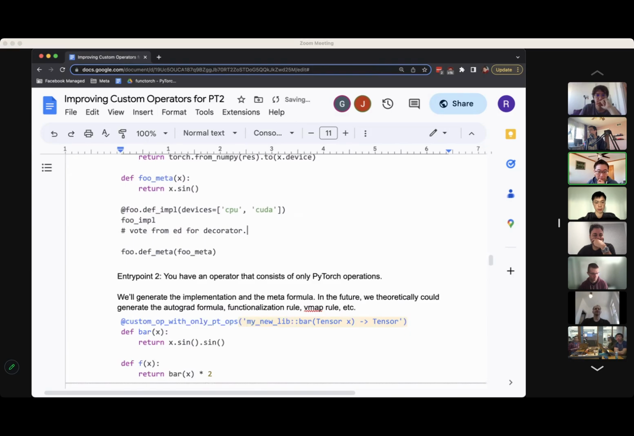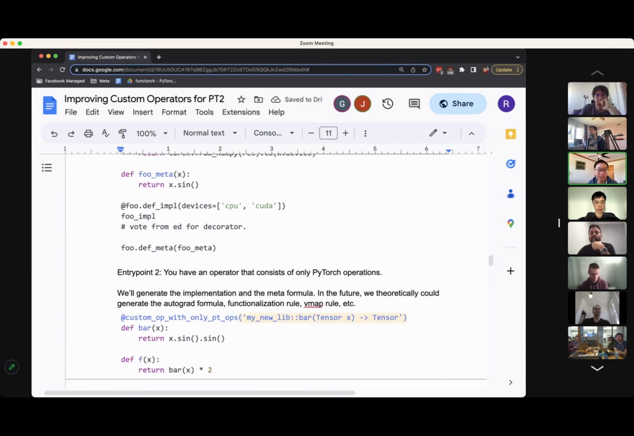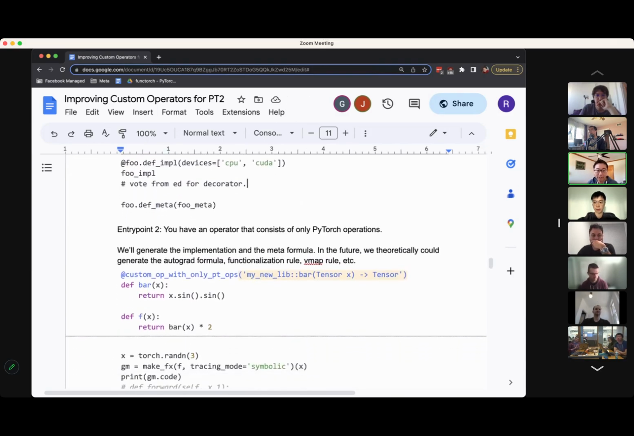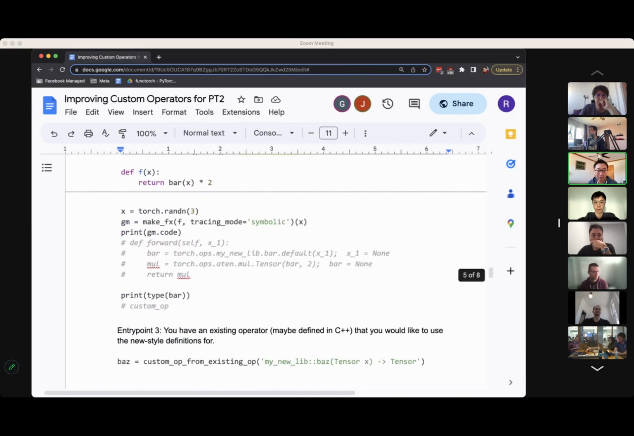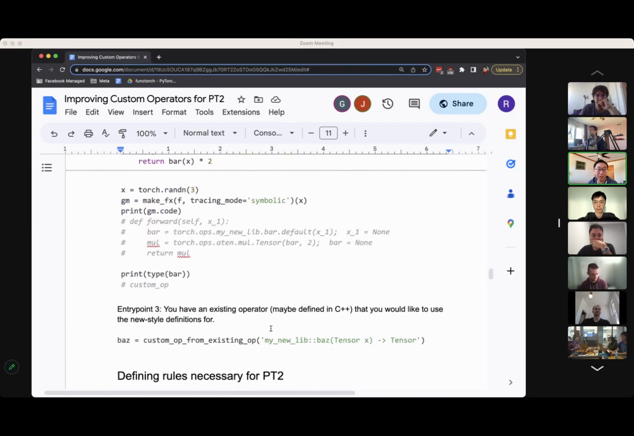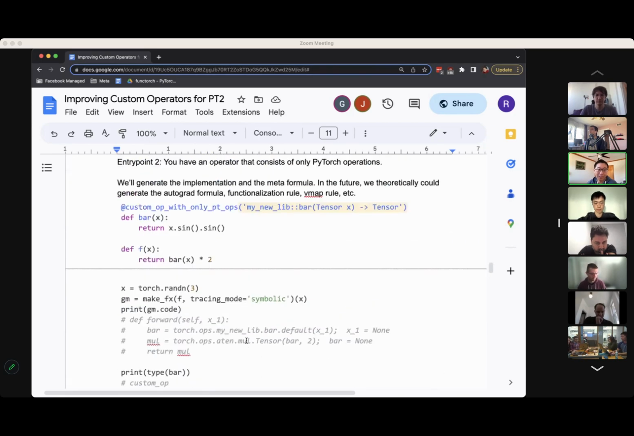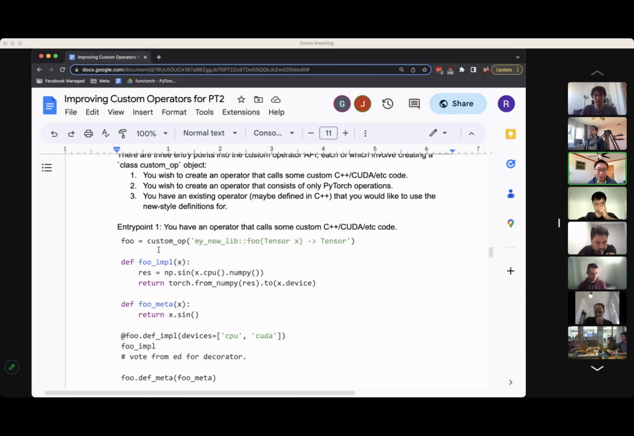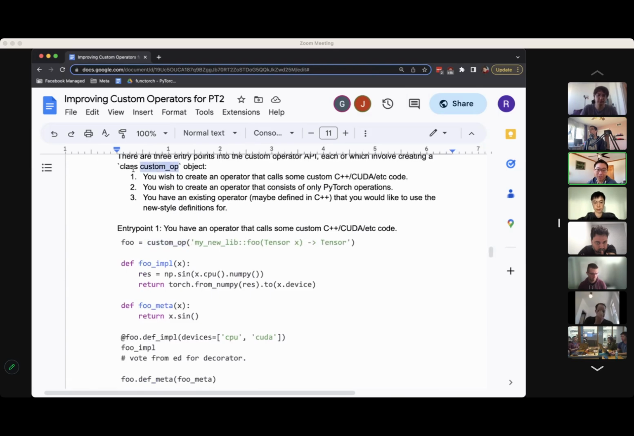Okay. Any more comments on that? Cool. Moving on. The third entry point is you might already have an operator defined in C++ or maybe even in Python, and you should just be able to create a custom op from that existing operator. Those are the three entry points to the custom operator API. All of these produce a new object of class CustomOp right now. It doesn't have to be this. It could just be the existing OpOverload,